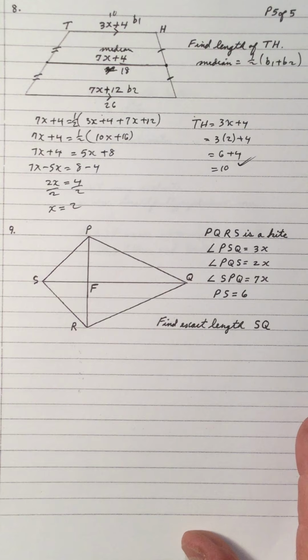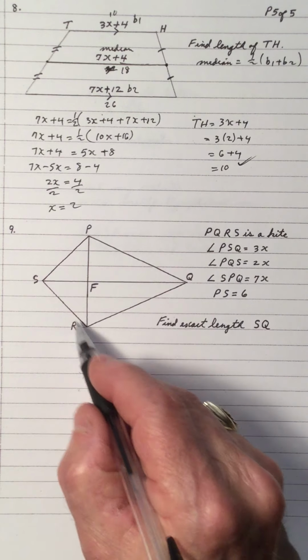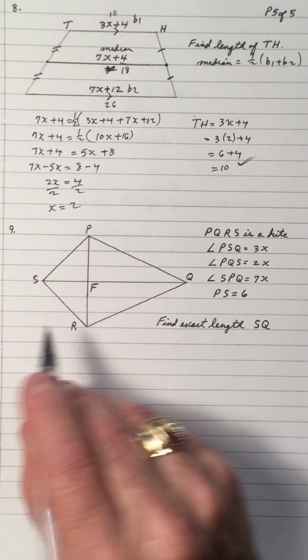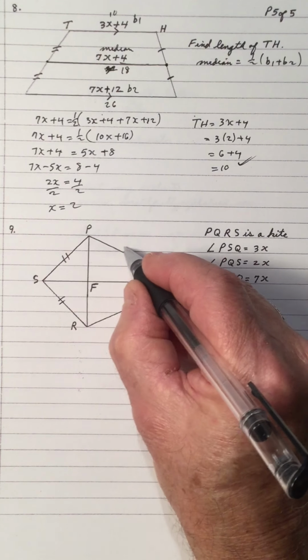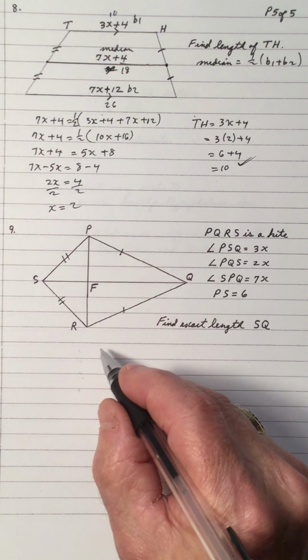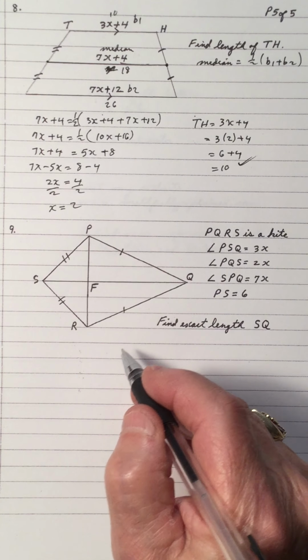And number 9, the last one to do. And notice that we have P, Q, R, T is a kite. And in a kite, the adjacent sides are equal. So these sides are equal in a kite, and there's no parallel sides. What we have is